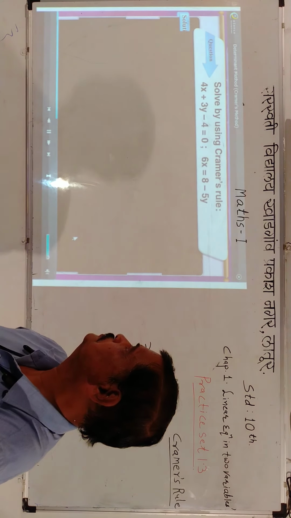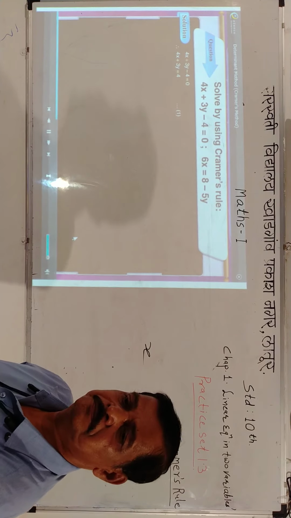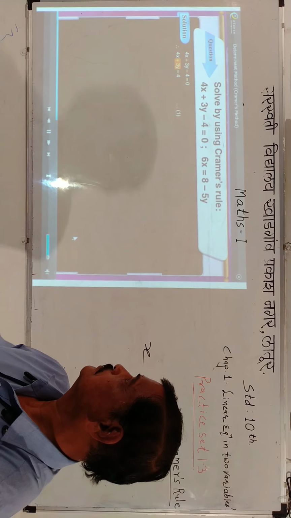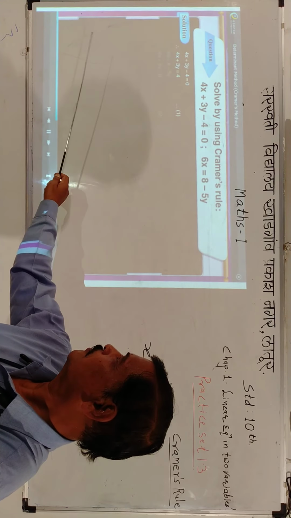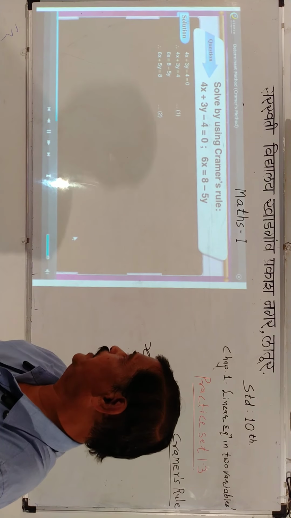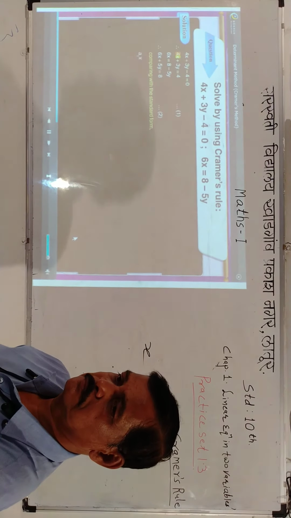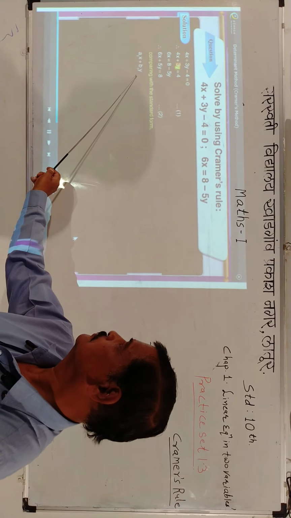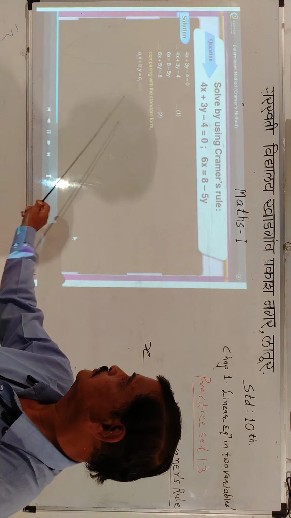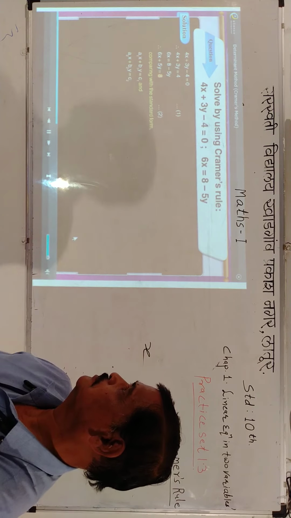First, we will write the equations in the general form. That is 4x plus 3y equal to 4 and 6x plus 5y equal to 8. On comparing with the standard form, a1x plus b1y equal to c1 and a2x plus b2y equal to c2, we get